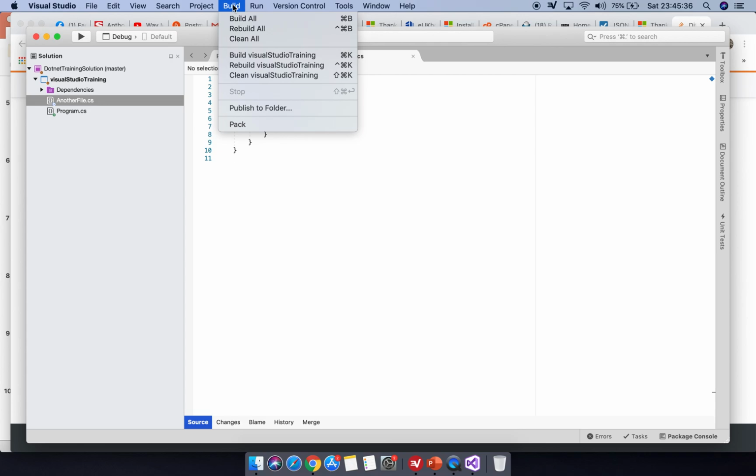So let's just believe now that when you say you compile, you make the code into a state that can be run, or that could be understood by the computer. So that's what compiling is. So when you build an application, you essentially compile the application. So to build an application, you will click on build all,